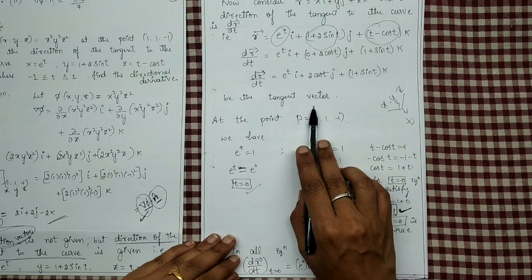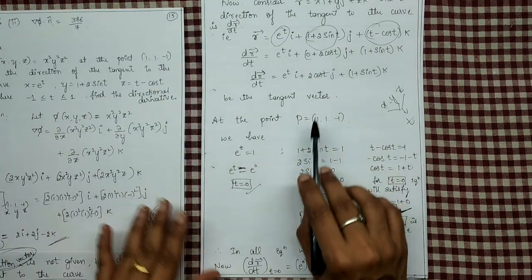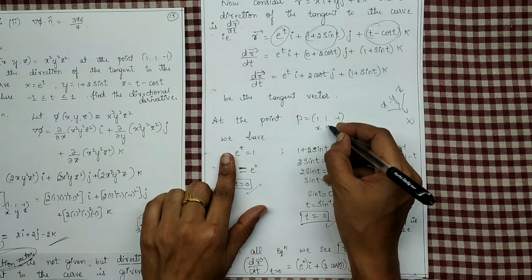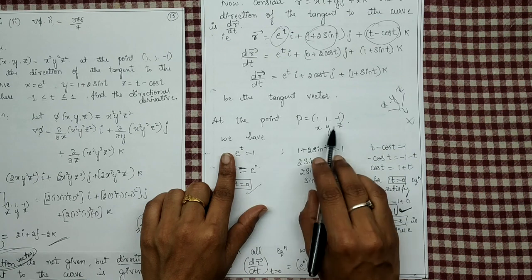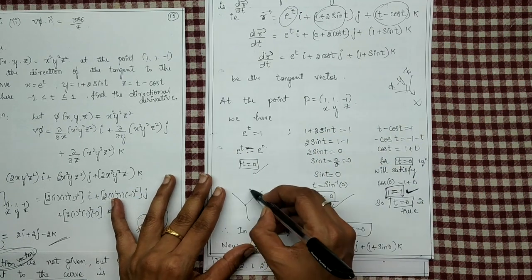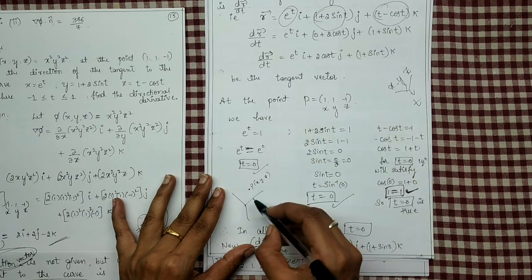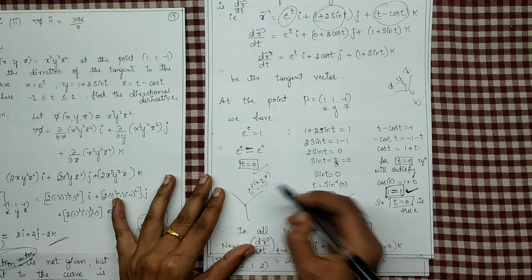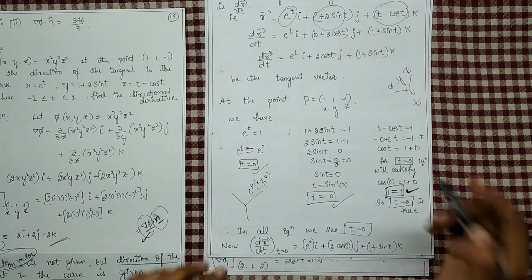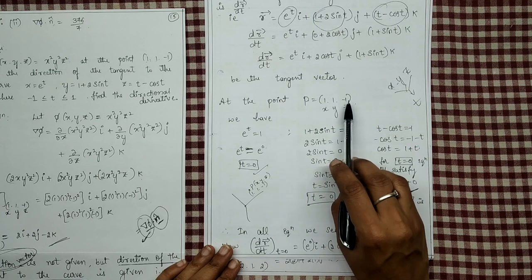Now at the given point, at which point again 1, 1, minus 1. See, at the same point 1, 1, minus 1. This is your x and it is y and it is z, right? For this given point, if you have a three-dimensional coordinate system, if you have a point P of x, y, z, that point is given 1, 1, minus 1 somewhere in the coordinate system. At this point in the coordinate system, P of x, y, z is P of 1, 1, minus 1.